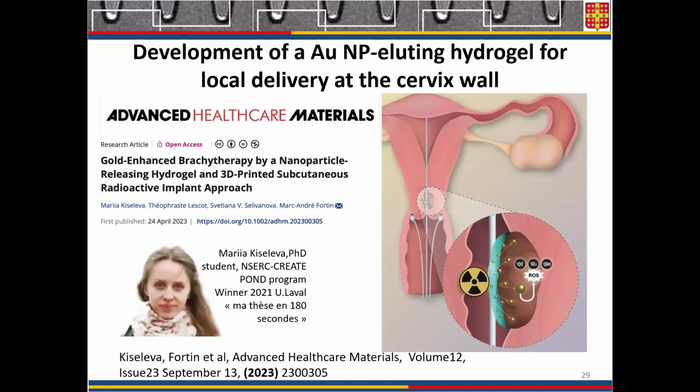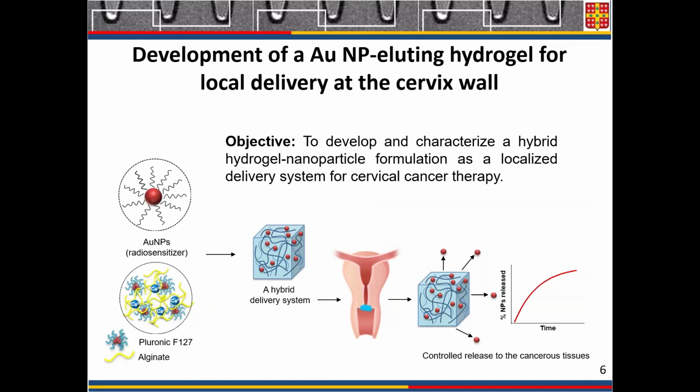And we performed a project as a proof of concept for the use of gold nanoparticles as a radiosensitizer for cervix cancer therapy. And my former student, Maria Kiseleva, who is now working at Reximage in Montreal, a radioisotope company, has been working on a quite complex combination of hard polymer, hydrogel, and gold nanoparticles in the hydrogel for an elution capacity of a device to deliver gold nanoparticles at the surface of the cervix wall where a tumor is located in the case of cervix cancer. So she has developed a hybrid material that contains gold nanoparticles